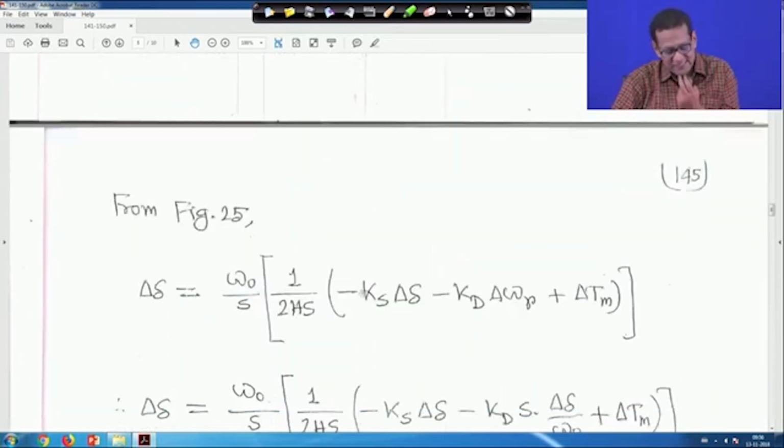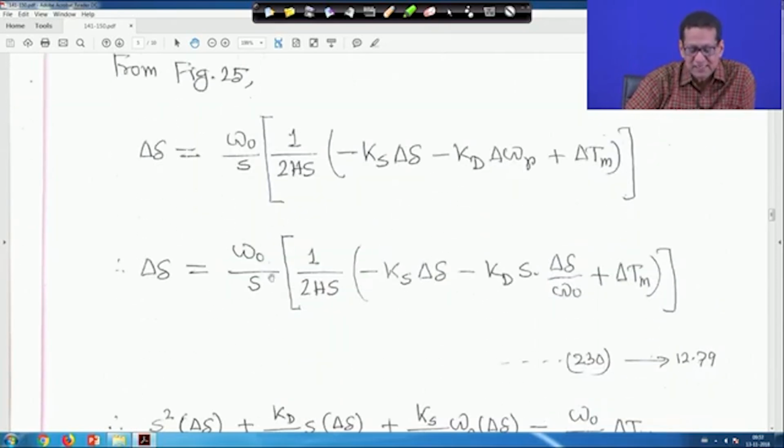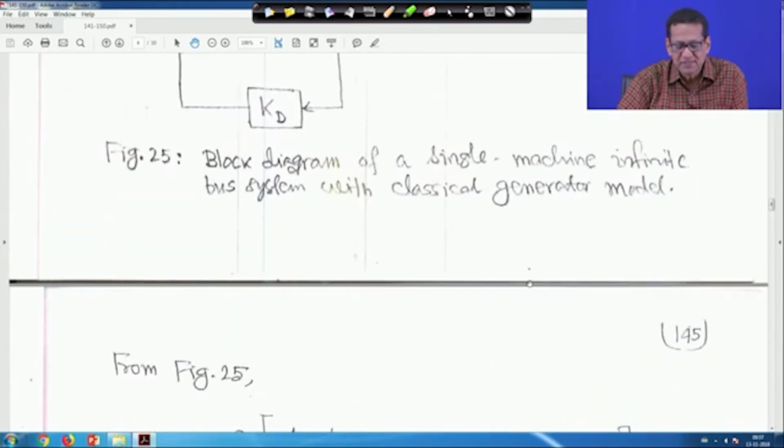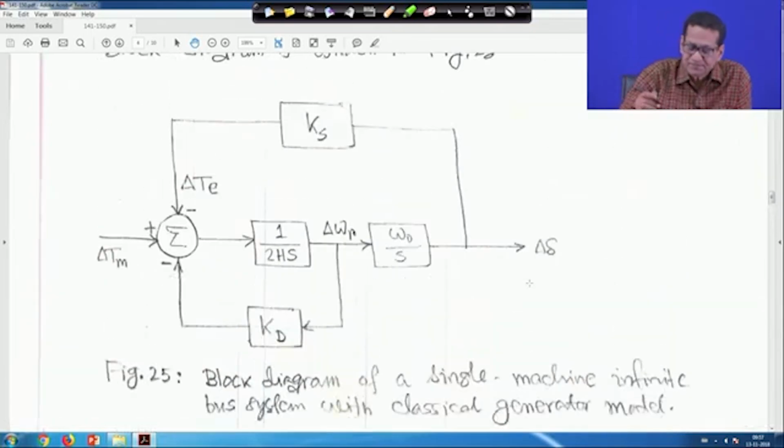So, delta delta is equal to omega 0 upon s into 1 upon 2 H s, that minus K s delta delta, and this delta omega r you replace, delta omega r is equal to s delta delta upon omega 0, because from here,